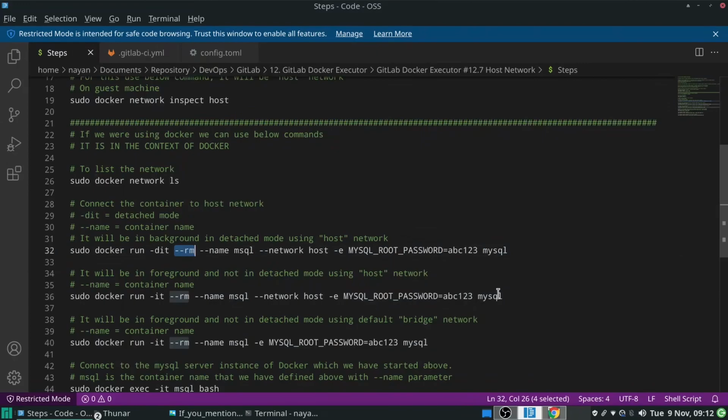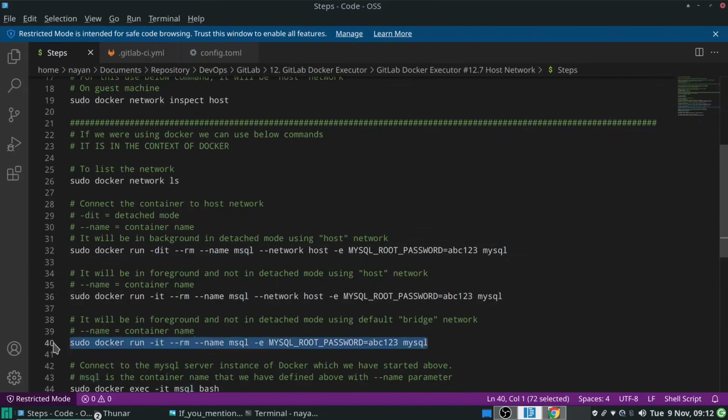Another command is this one, which is the same as above, but over here I have not used the -d option. So this particular command will run the MySQL image container having name MSQL in the foreground. Over here you will be able to see all the outputs and logs on your terminal.